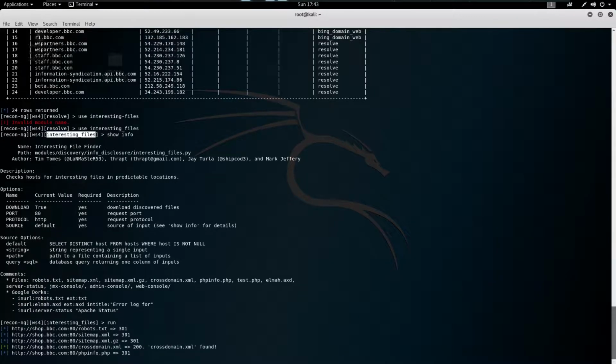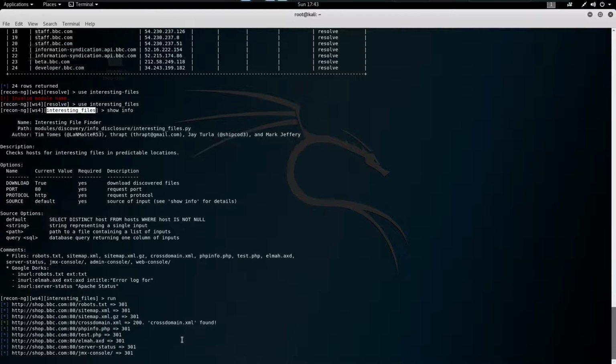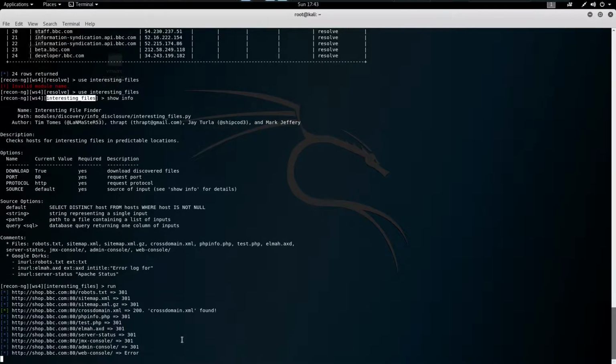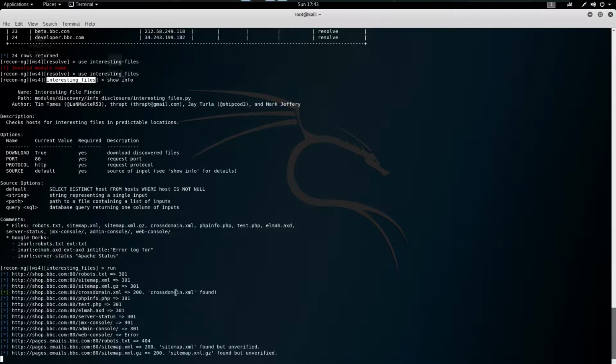You see that it's finding, and you see that one file is found.